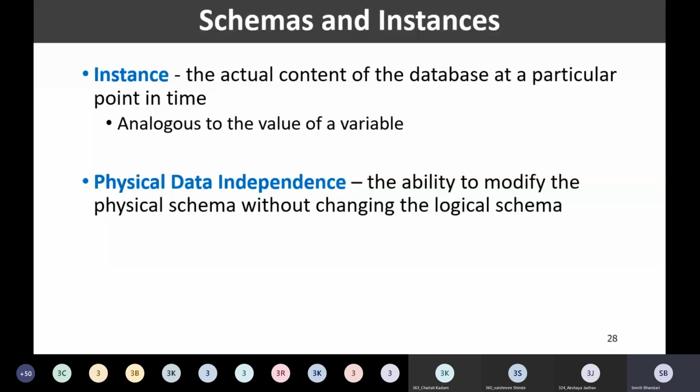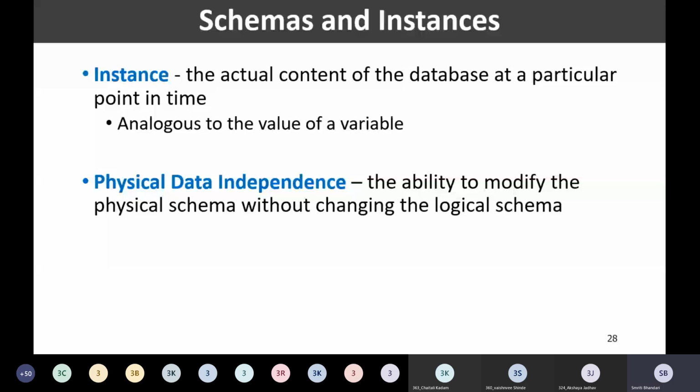For example, sometimes we may think of changing the file organization mechanism or storage structures, or using different storage devices, or maybe modifying the type of index that we used earlier or the hashing algorithm that we used. So these are the possible ways of changing the physical schema.